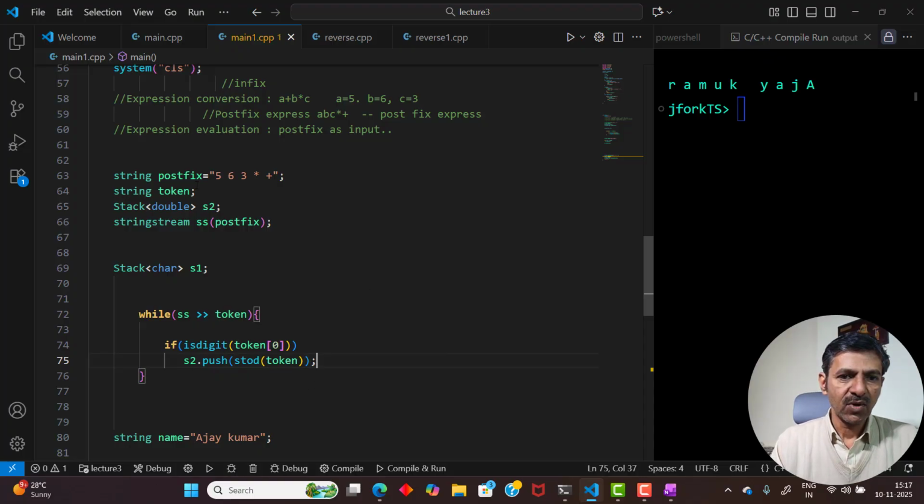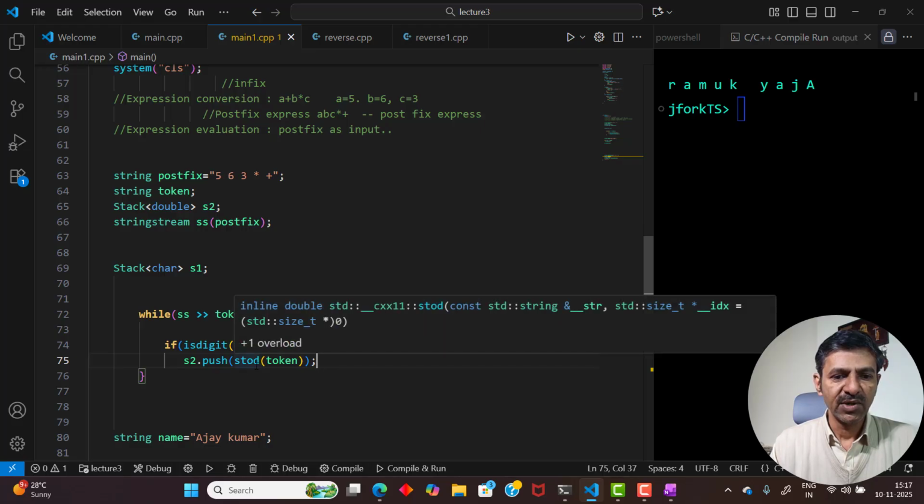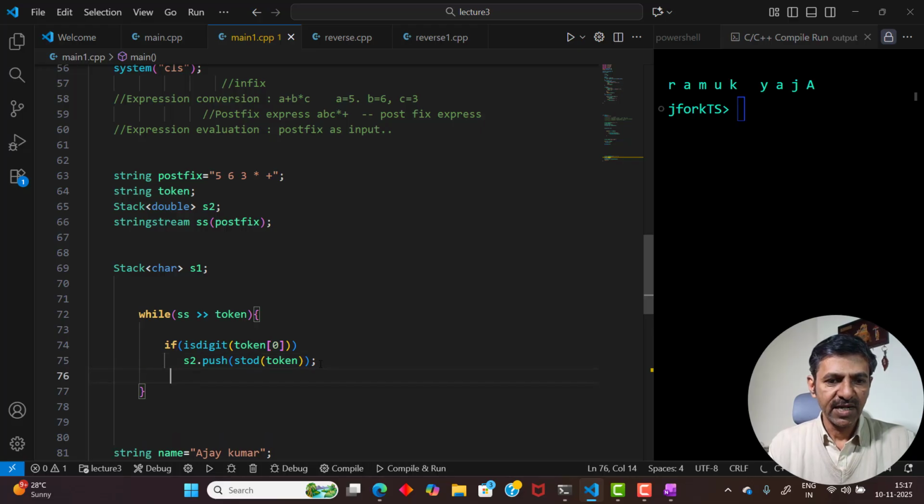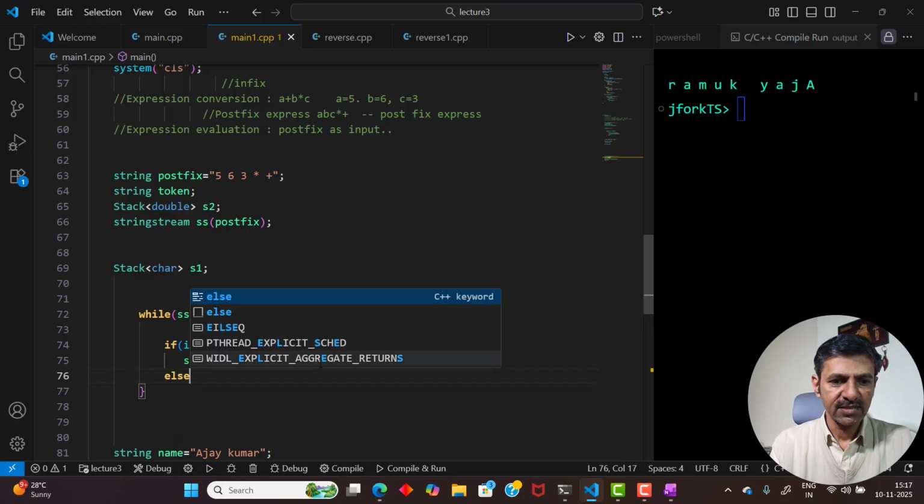Okay. So what happens is your 5 will be a string. It should be converted to double data type using stod, string to double. So that will be pushed onto the stack which is of type double. Now if that is a digit, you will do that. Else,